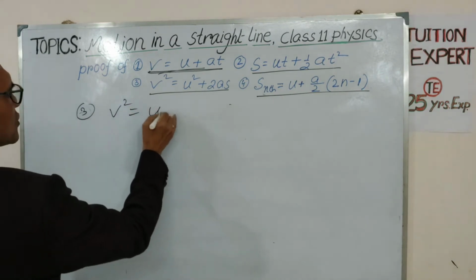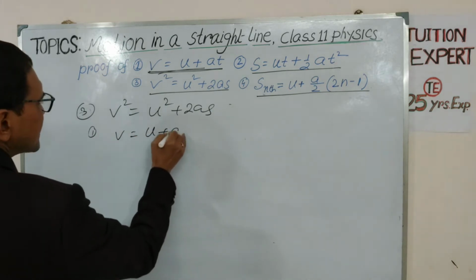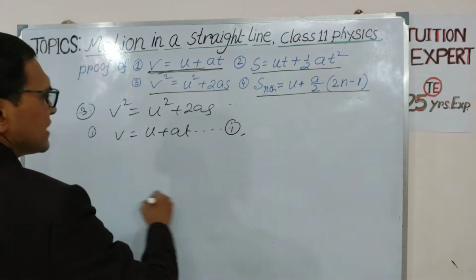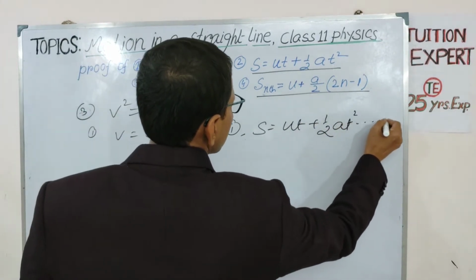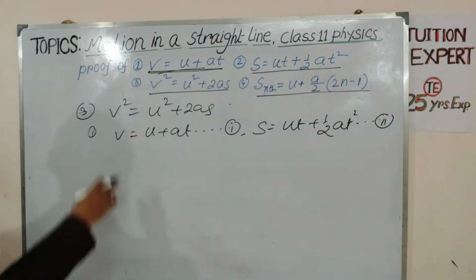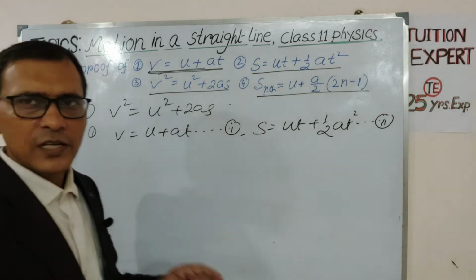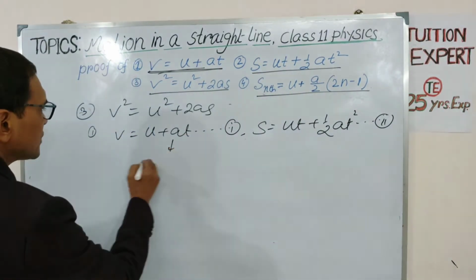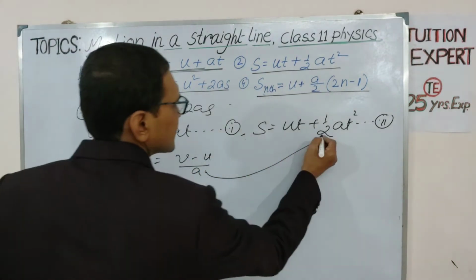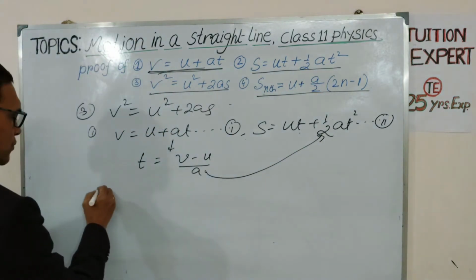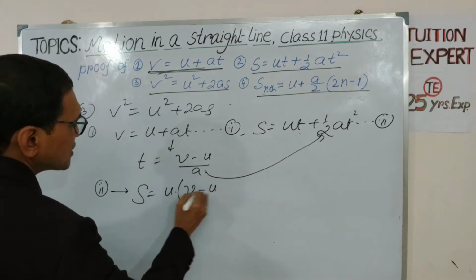Now we get v equal to u plus at. This is equation 1, and s equal to ut plus half at square, equation 2. Now in this equation there is no t, so we have to eliminate t. From here we get t equal to v minus u by a, and put this t in the equation. So from 2 we get s equal to u into (v minus u by a)